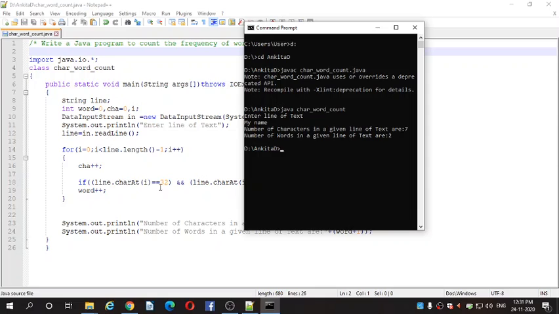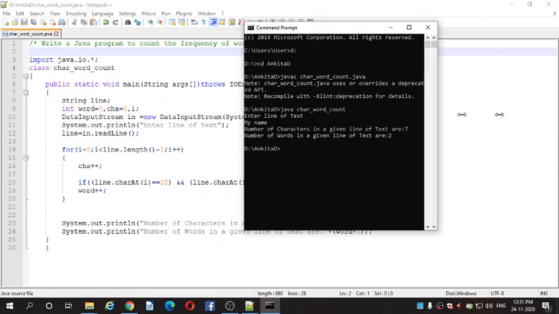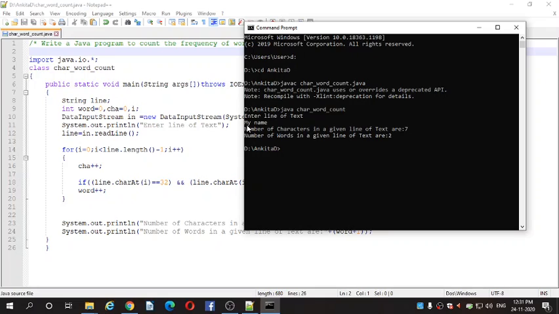In this program, the for loop works like this. i equal to 0 means it is taking the 0th position character. In this program, we have the 0th character, that is M. So i less than line.length. line.length equal to 7, 7 minus 1 means it is 6. So 0 is less than 6.